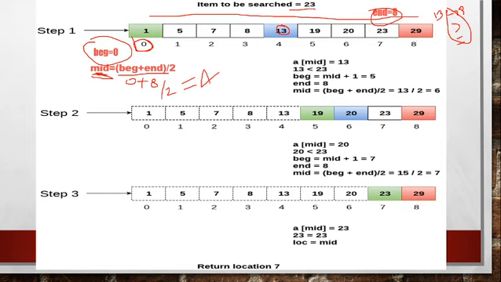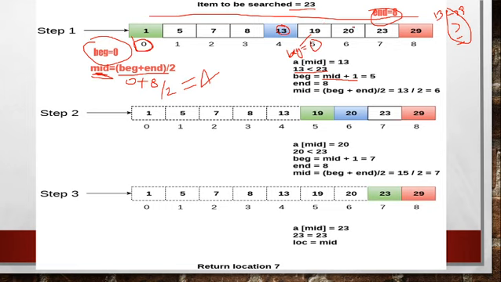If it is lesser, as we see here, 13 is less than 23, so beginning equals mid plus 1, which means the beginning will come here now. Mid 4 plus 1, so beginning equals 5.